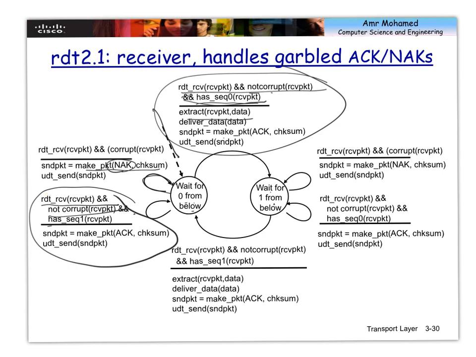Here, I received a packet from the sender, a new packet. Okay? And this packet is not corrupted, which means that the packet arrived correctly. But when I check the sequence number, it's 1. But here, the state is that I'm waiting for 0, not for 1. So when does this scenario happen? Because the acknowledgement that I have sent previously to the sender did not arrive to the sender correctly. So the sender decided to send the same packet again, which is packet 1. But for me, packet 1 has already arrived. Okay, so this is the discrepancy.